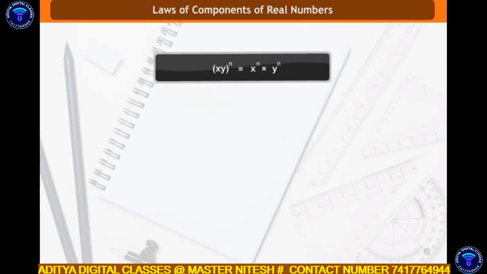And the last law is x into y whole raised to the power n is equal to x raised to the power n into y raised to the power n. For example, 13 raised to the power 1 by 3 into 17 raised to the power 1 by 3 is equal to